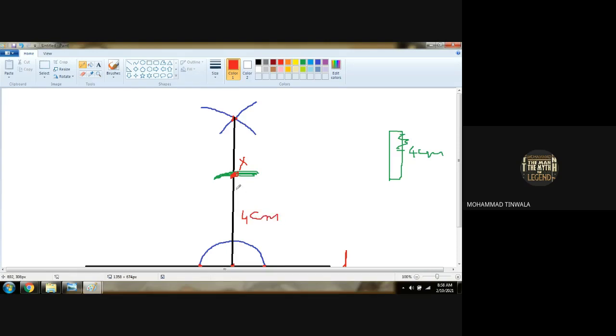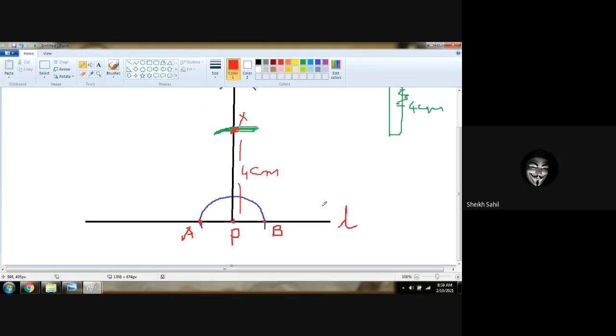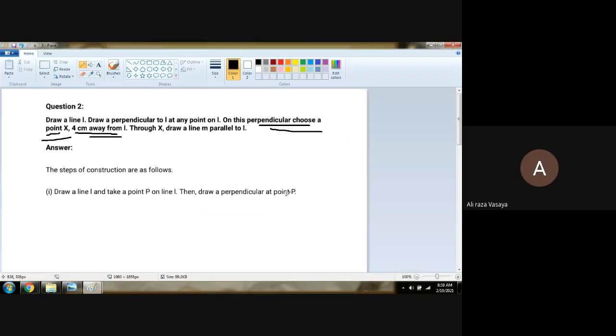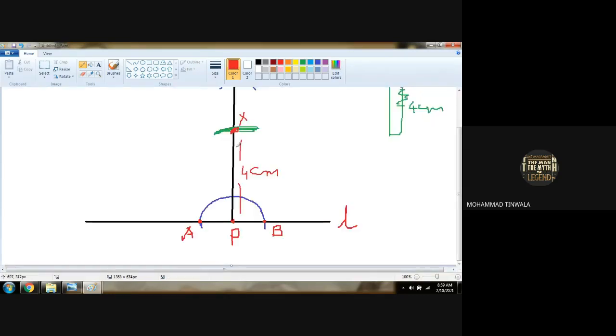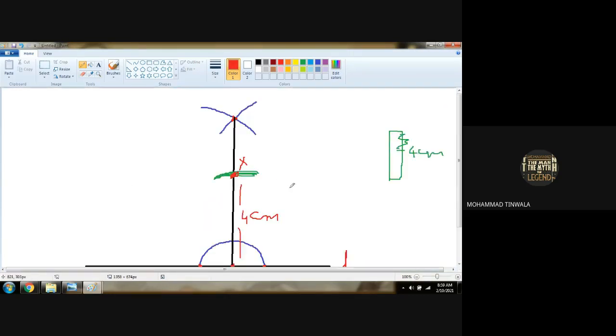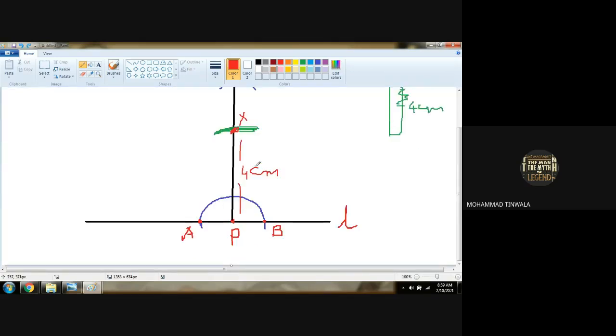Anybody has any doubt with this up till this part? સમજાણું કે નહીં? Yes. Okay. Then what we have to do? Through X, draw line M parallel to L. હવે લાઈન L ની સાથે લાઈન M પેરેલલ કરવાની છે. ક્યાંથી? પોઈન્ટ X ઉપરથી. From which point? Point X ઉપરથી. Are you getting? Now, according to the rules,